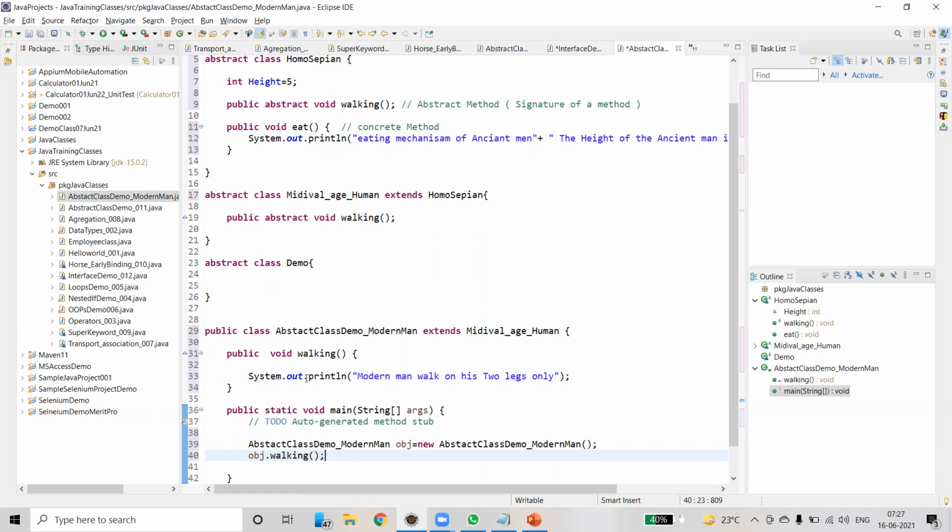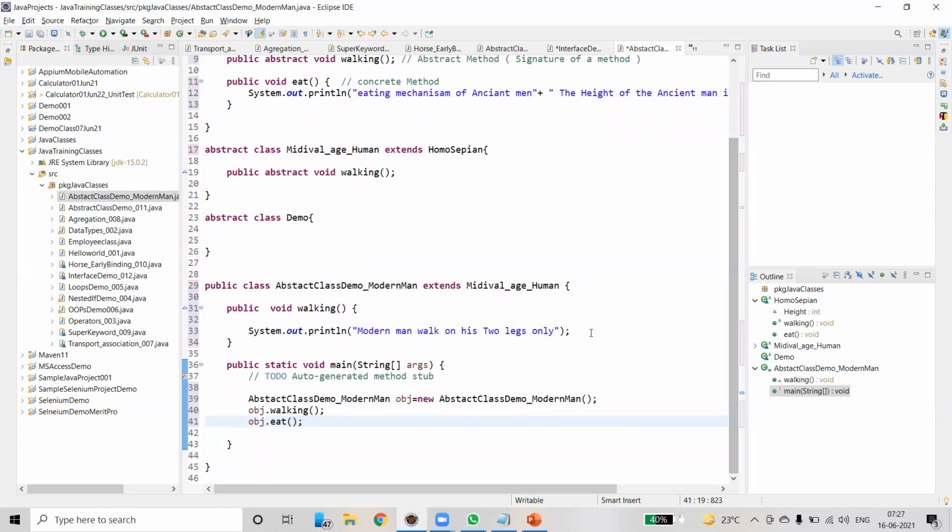That's it. Since we are extending medieval age human, can we use the eat functionality? obj.eat. How are we able to access it actually?